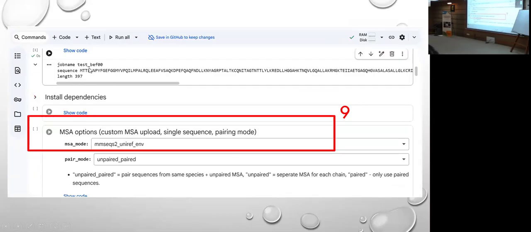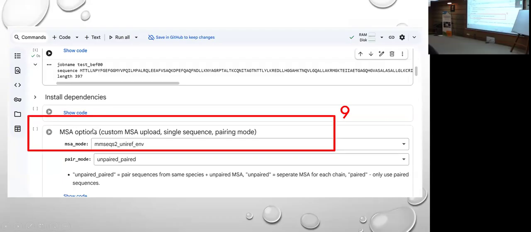Okay, now to run AlphaFold, you have to install the dependencies, like all of the code which the AlphaFold server uses, in Google Colab. So at first, what you have to do is play the install dependencies cell first, where you can see the cursor. If you're seeing the mouse here, just play this button.